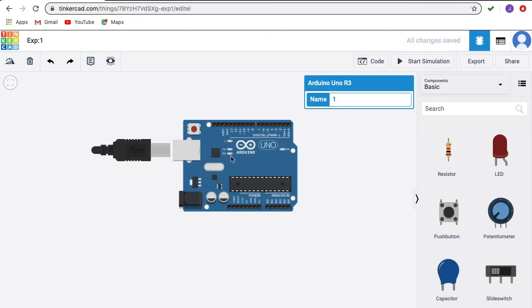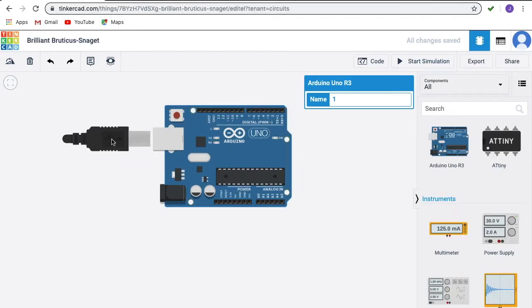The same TX and RX of this serial communication is connected to D0 and D1 of the GPIO pins. We will interface this USB port to the laptop, use the Arduino IDE to write the code, and through this USB cable we will burn the code into this